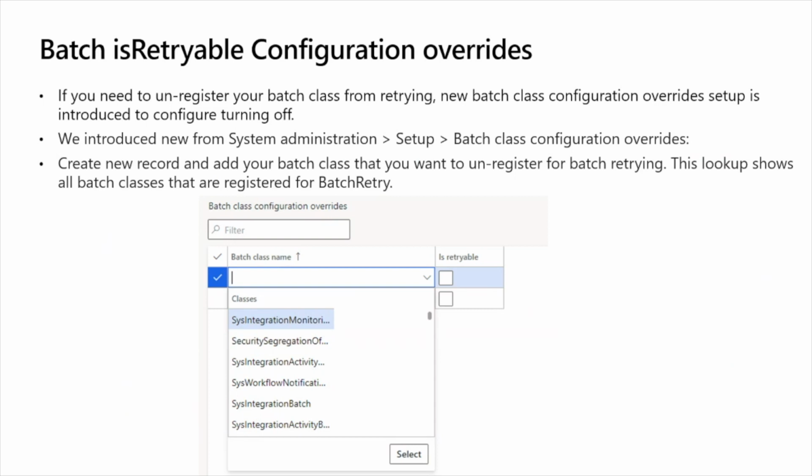You can only filter the classes that are registered using the each retriable method and your batch retriable interface. You can only see those classes and uncheck them. You can't make a class retriable by just selecting it here. You'll have to do it in the code to register. However, you have an option to unregister without making any code change. That's the functionality this form provides.